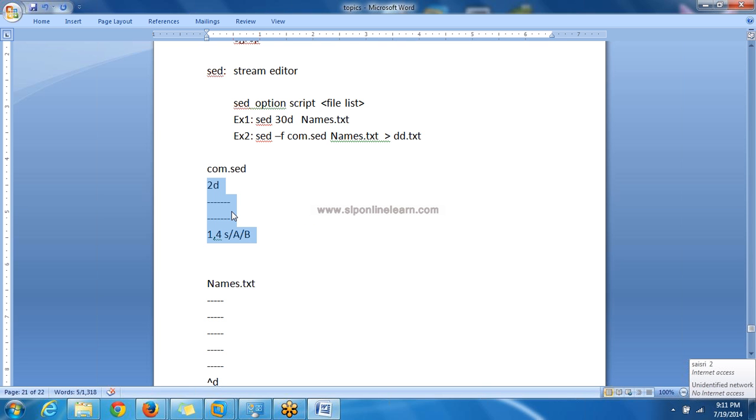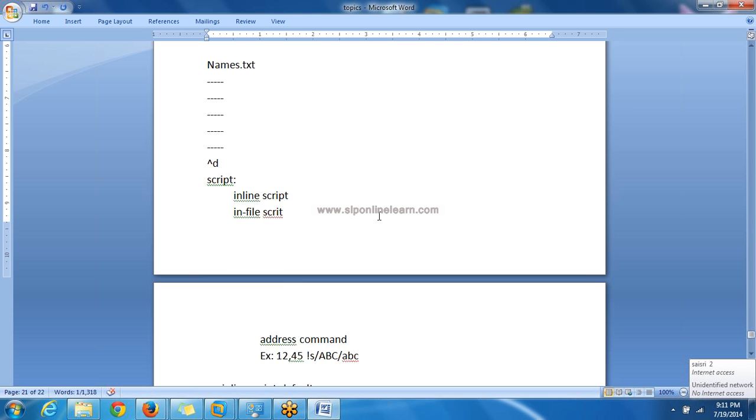One by one, all these regular expressions will be applied on all lines in the input file. Finally, the result will be displayed on the screen. If you want to save the results, you can use the output redirect operator and a file name. Whatever output comes from this command will be sent to and saved in this file.